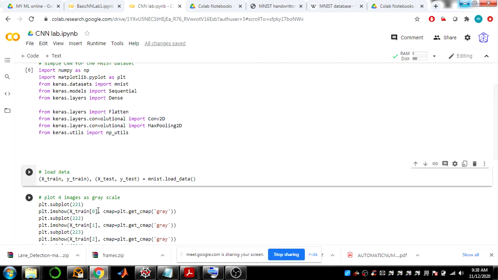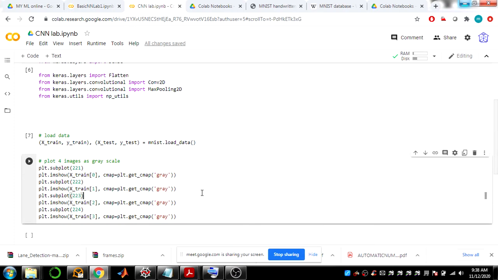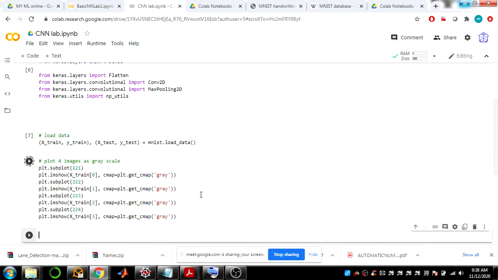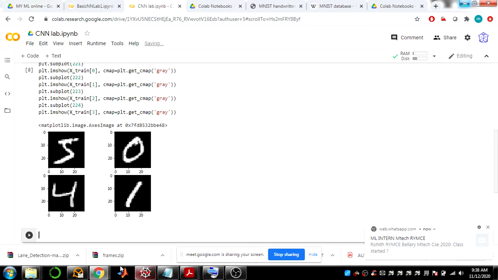X train of 0: in the training set I am displaying the first, second, third and fourth images, so you will be able to see 4 different images. You got 5, 4, 0 and 1. They are just binary images of handwritten digits.